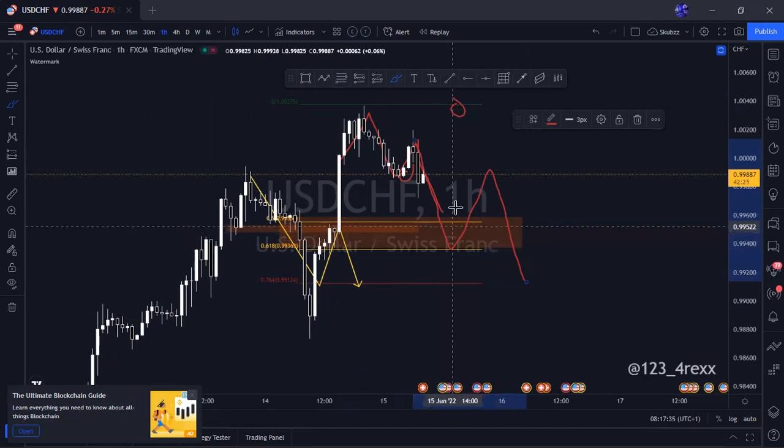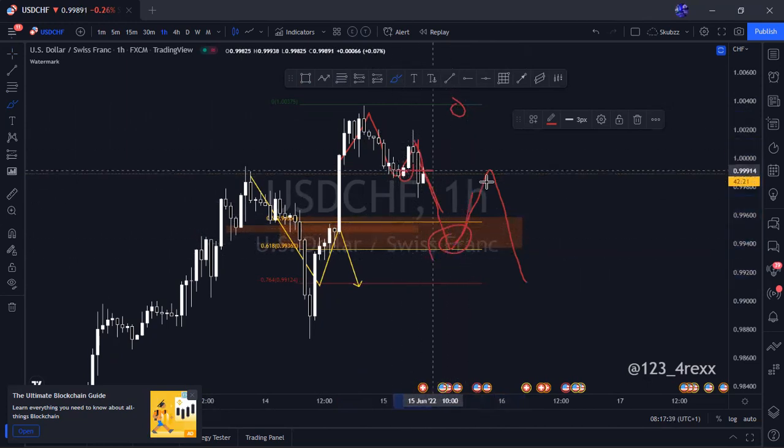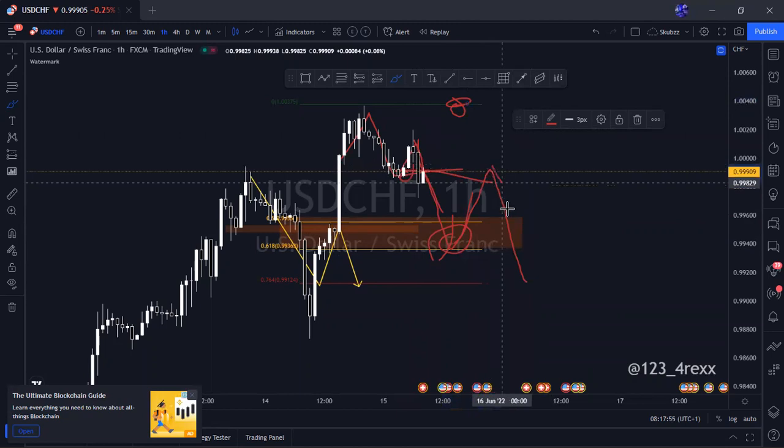Once you take a buy from this point, and price reaches this area of the structure that was broken, move your stop loss to break even and please take partials. But your TP should basically be this high here. Do you get? Move your stop loss to break even and take partials because you don't know, price might actually react from there, and you don't want price reacting from there and coming to take you out on your stop loss. It's better for it to take you out at break even and then maybe have a small profit. So that's what I'm going to say about this pair.